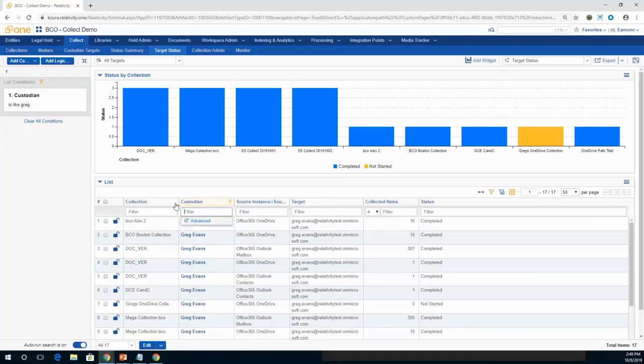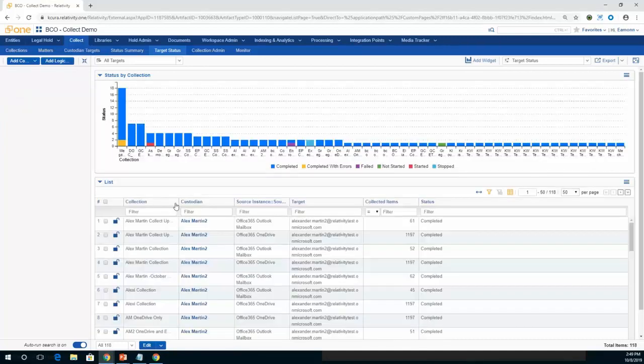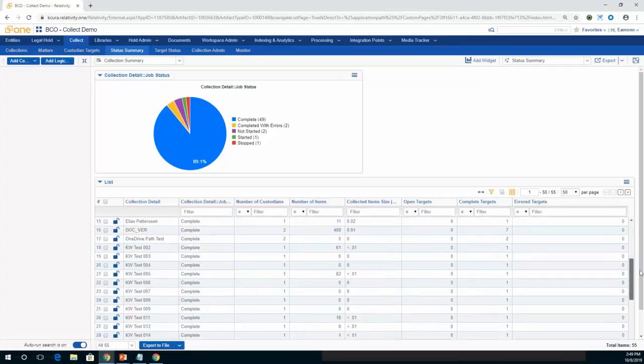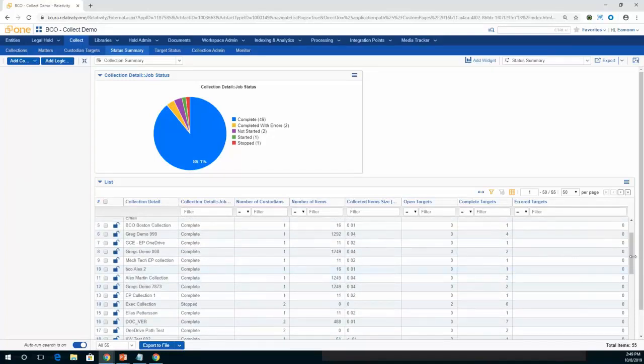So again, the idea is we want to take a look at that target level. Over here, at a higher view, is our status summary. This is showing us at the job level all the collections that we've done. And again, I can come in and filter by certain things. I can see how many items overall we collected for the job, how big the entire job was, did we have any errors, were there any targets that we couldn't collect for whatever reason, how many targets were successfully